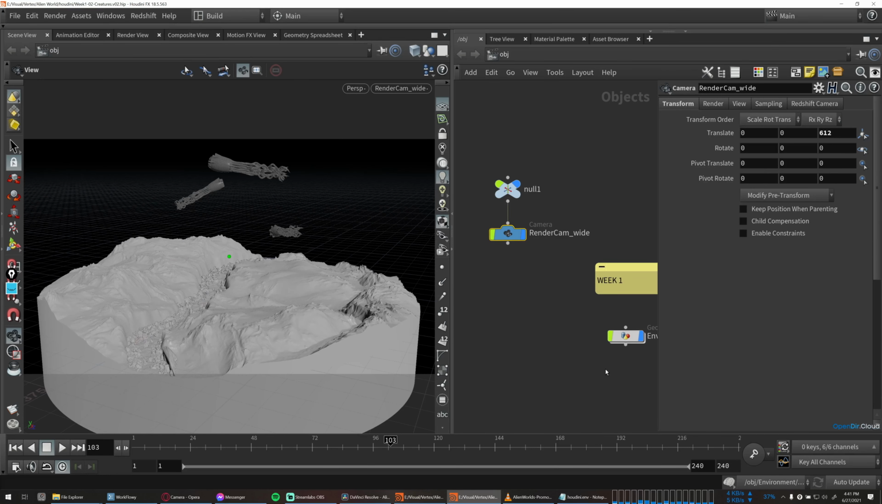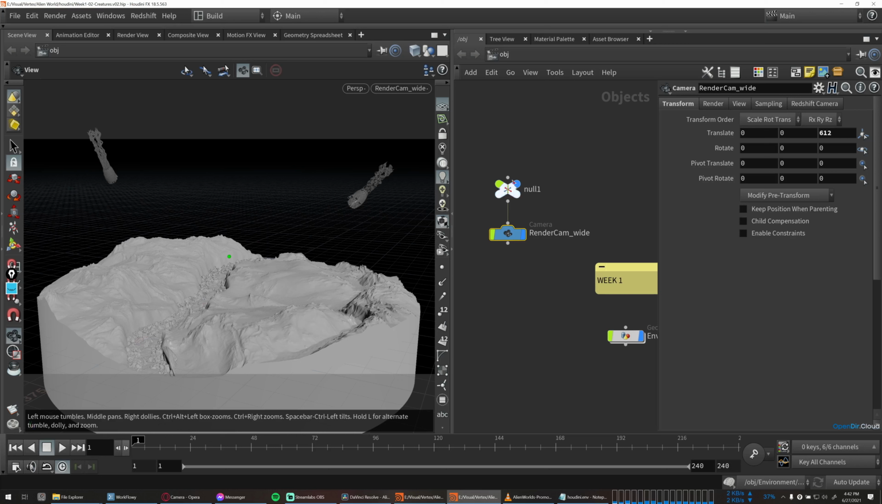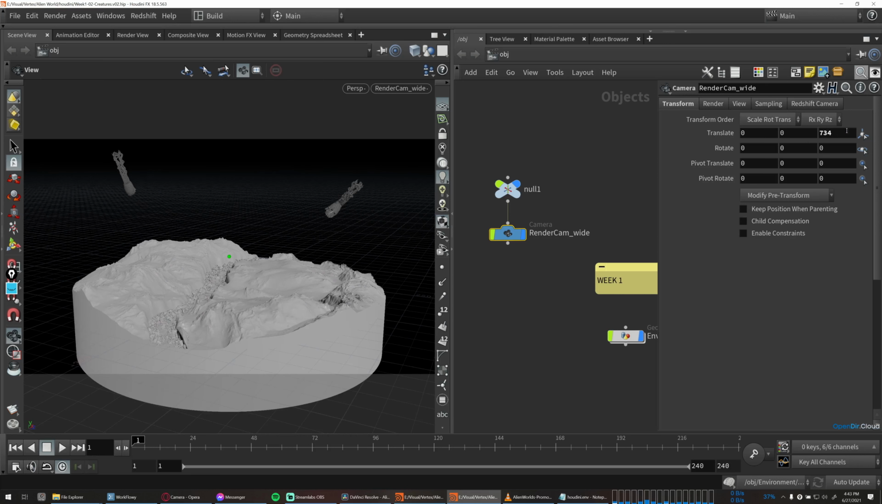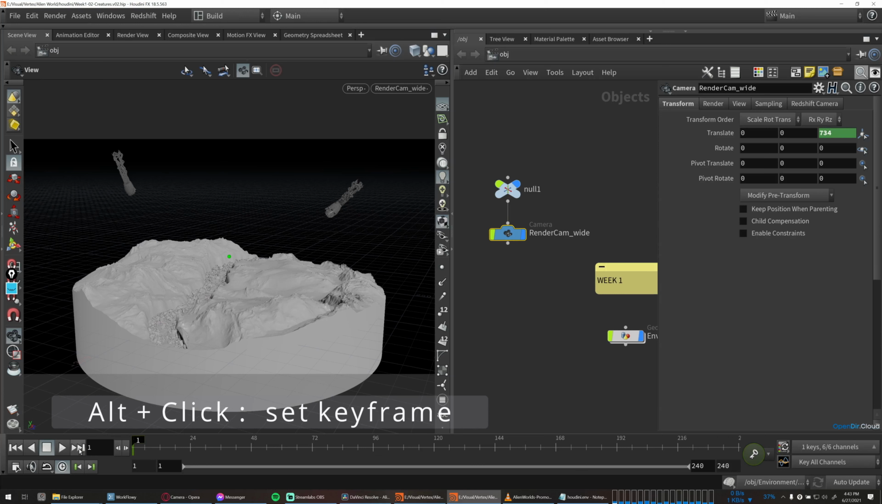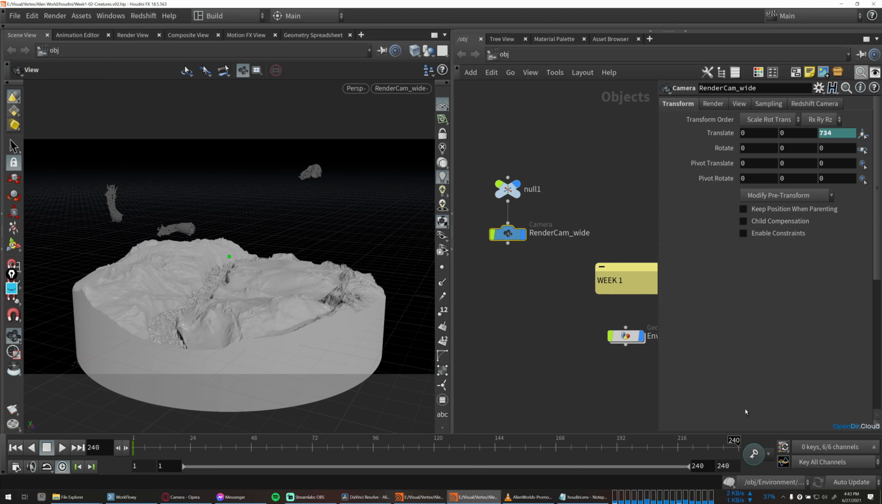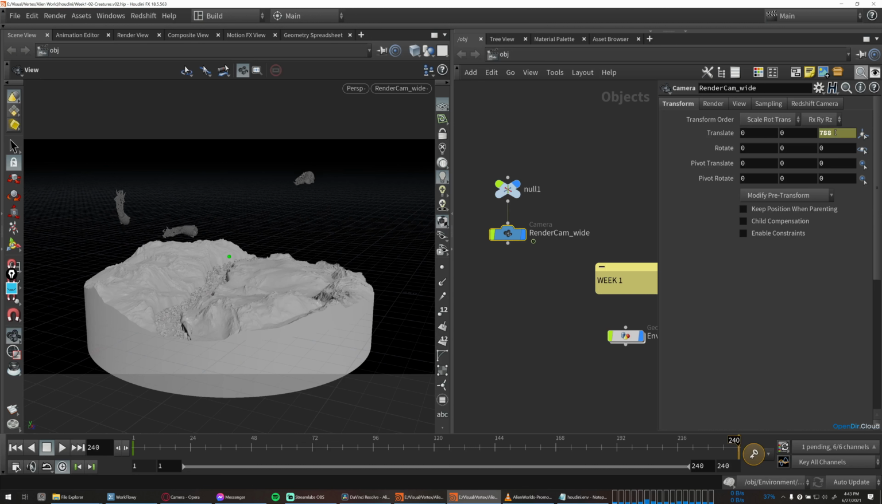And for nice clean turntables, usually I just want to animate a couple of these parameters. So if we go to the start frame, we can do a bit of a push in or pull out with this Z axis. So I'll frame this out a little bit further, something like that. You can alt click that parameter to set a keyframe, and then let's go to the end of our timeline here. And in this case, I'm going to do a little bit of a pull out throughout the shot. So I'll push that Z-axis back just a little bit further, just to create a slightly more interesting camera move